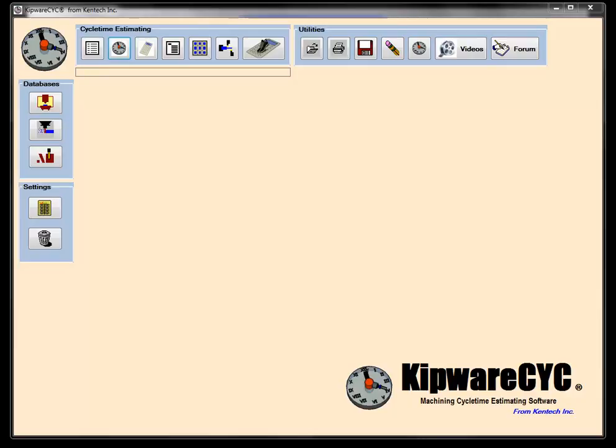Let's take a look at the cut length calculator, which is included with our KipwareCYC Cycletime Estimating Software. If you've reviewed our website at all, you know that our feeling is that the length of cut, the actual time that the tool is engaged in the cut, is the best calculation for calculating the cutting time for that particular operation. Using something like volume of material being removed doesn't really accurately reflect what's happening with the tool in